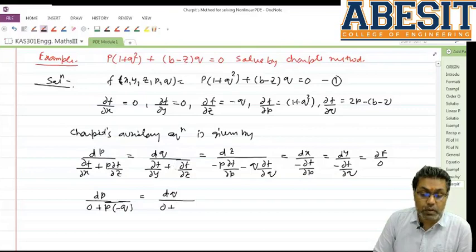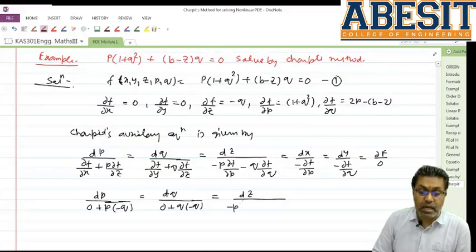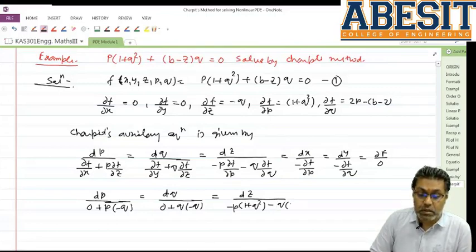This is q. So this is q into minus q is equal to dz upon, this is minus p del f upon del p. This is 1 plus q square minus q del f upon del q. This is 2p minus b minus z